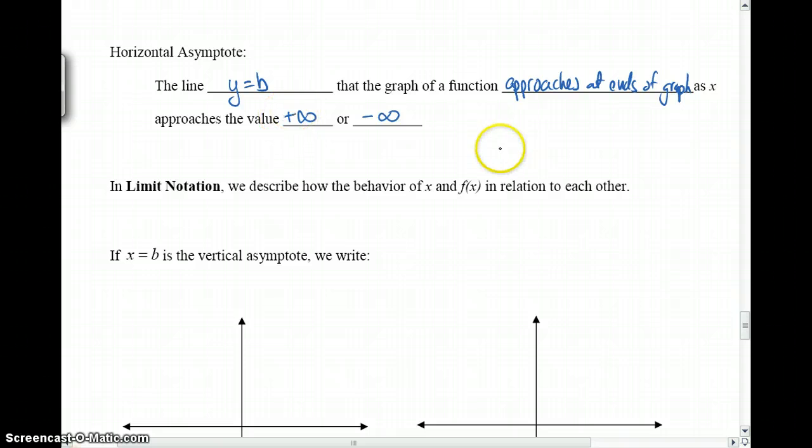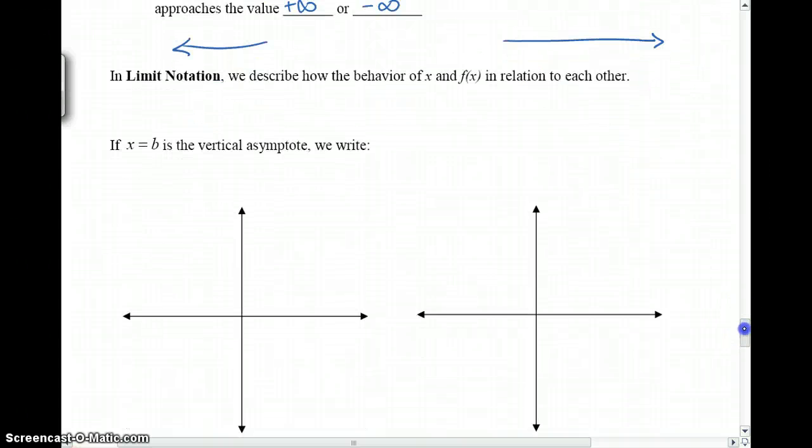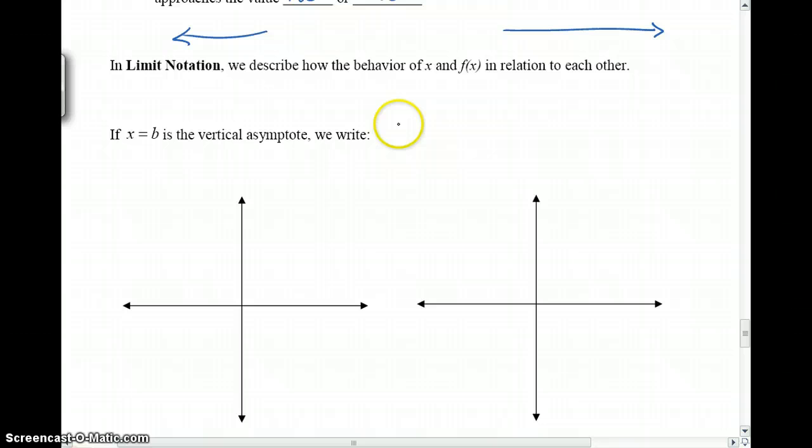So as we go off to positive infinity or to negative infinity, what value does our graph approach? Again, dealing with limit notation, we write lim, as x approaches positive or negative infinity, f of x is going to get closer and closer to some value,